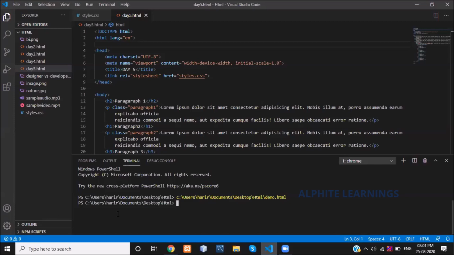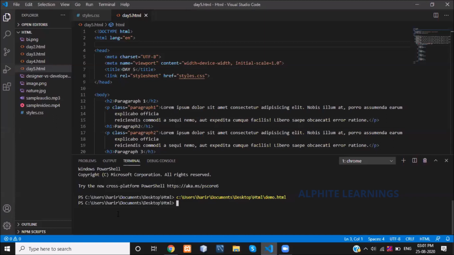discussed about external CSS. External CSS is a type of defining the style sheet. It is a type of specifying or defining a CSS file. In general, an external cascading style sheet means we can change the look of the entire page or entire website by changing just one file. Hope you guys understood what this is.